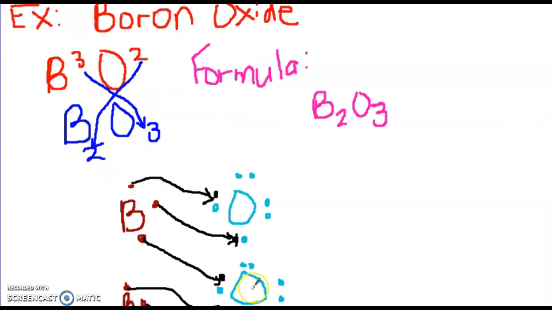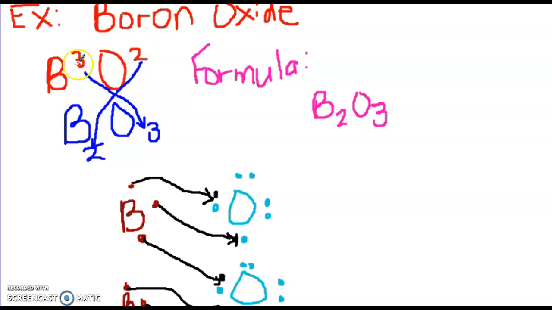So I wanted to do boron oxide, so B and O. If you write the symbol of the metal first, that's boron, and it's in group 3, so its charge is 3 as a superscript. Oxygen is the nonmetal. It's in group 16, so it has a 2 as its superscript, and all you do